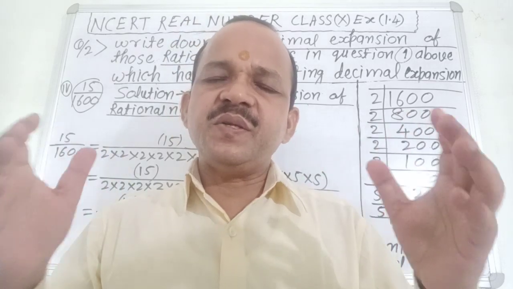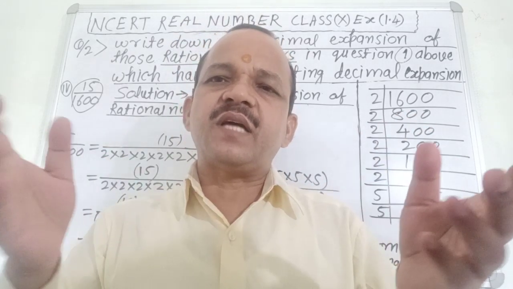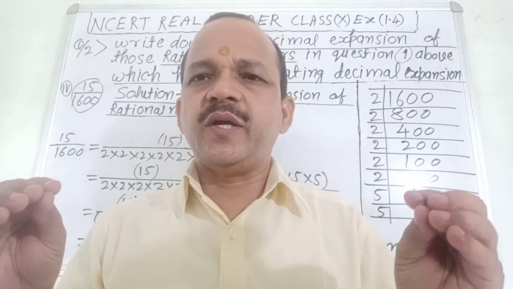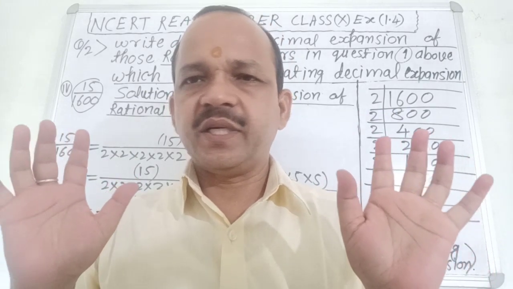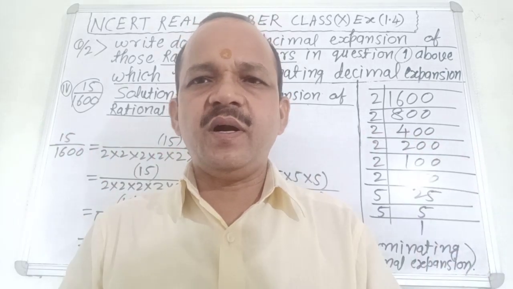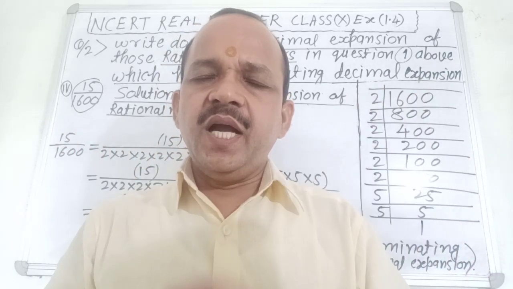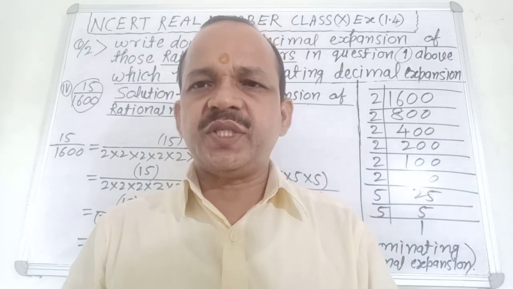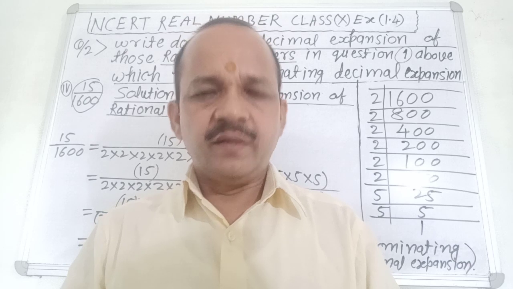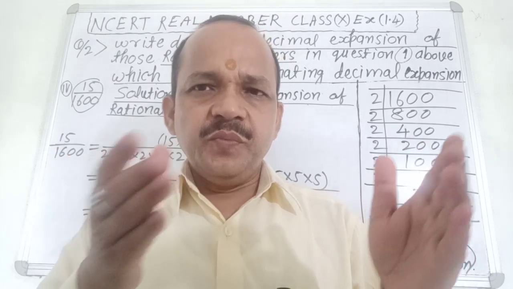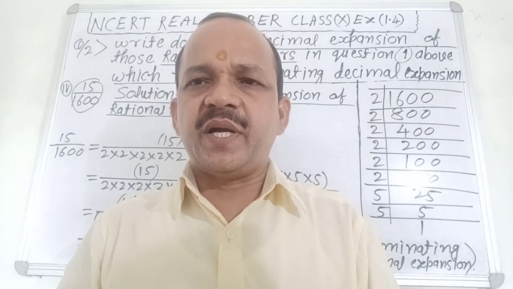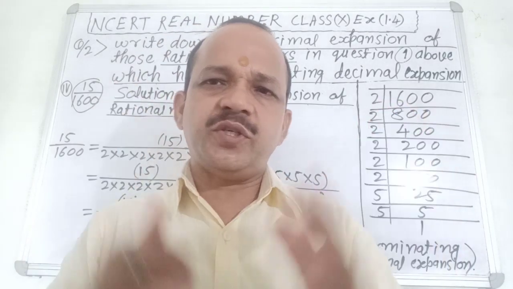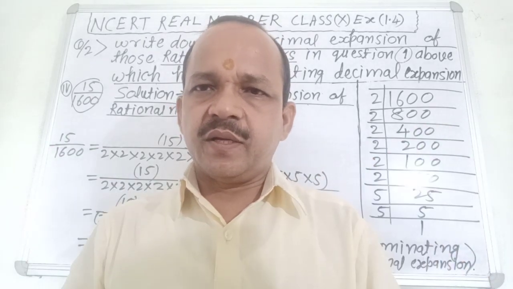It is very easy. You can very easily solve your question, but concentrate your mind and listen to my words with full concentration. Firstly, I want to describe rational numbers, because you may ask what a rational number is. A number which we can write in the form p by q, where p and q are integers, q not equal to 0, is called a rational number.